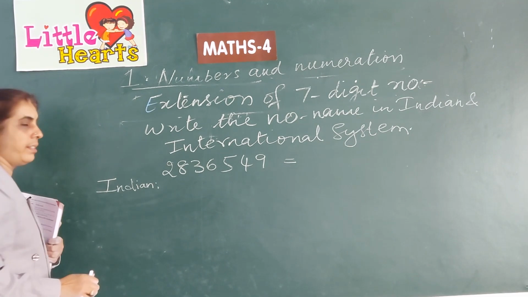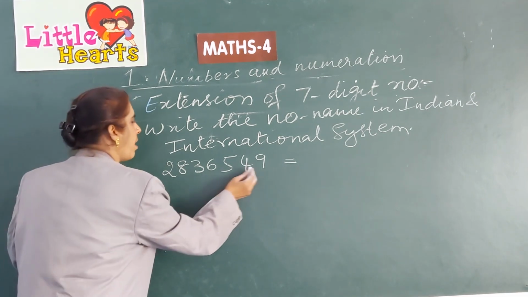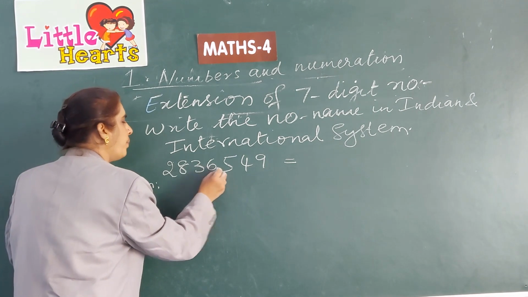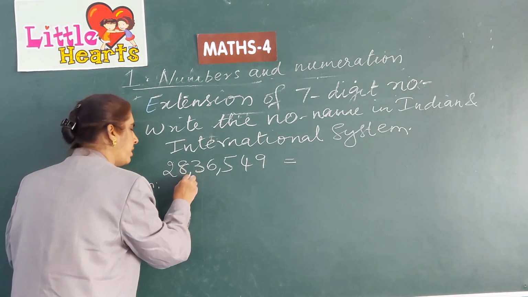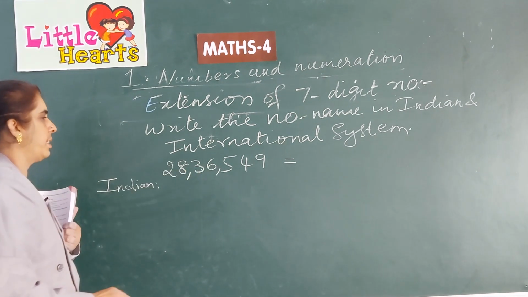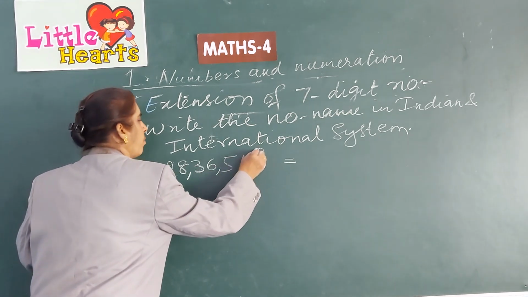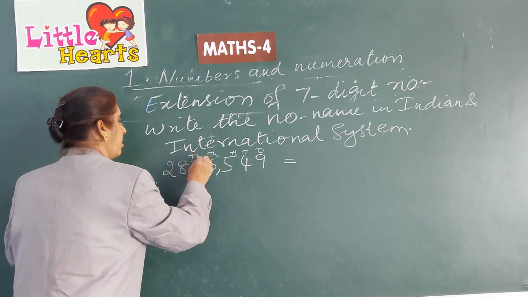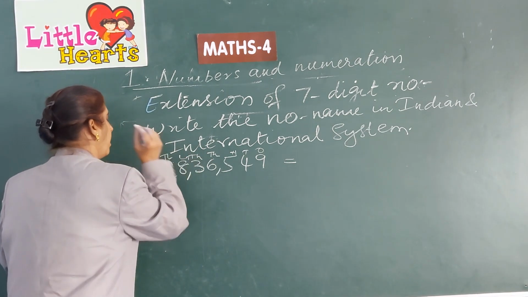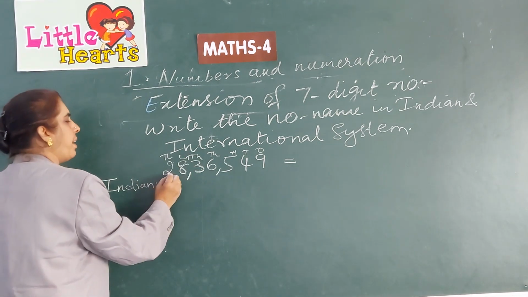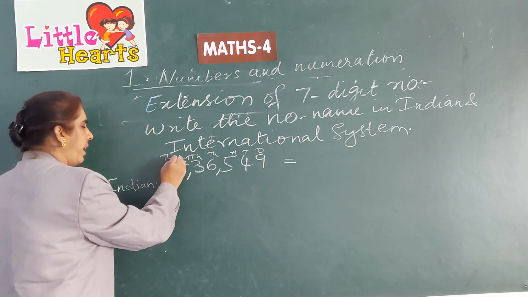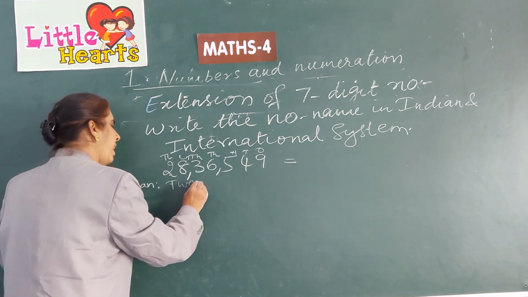In Indian system, insert commas first after 3 digits, next after 2 digits, thousands, 10,000s, next after 2 digits. Write the number names now. So this is lakhs period. Combine the digits before the comma. 28 lakhs